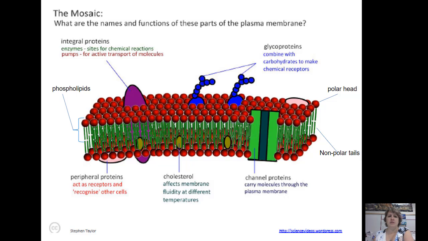So the last structure that we're going to talk about, I'm skipping over the phospholipids and their components because we've already talked about those, is the cholesterol. And remember from our discussion and our notes on lipids from your 3.3 section, cholesterol is a type of lipid, and it affects membrane fluidity at different temperatures. As the temperature in your cell or the cellular environment decreases, the saturated fatty acids will start to become dense or more tightly bound to each other in the membrane, and this